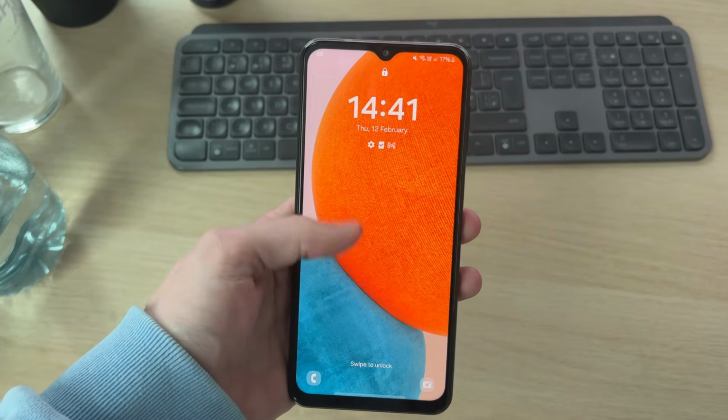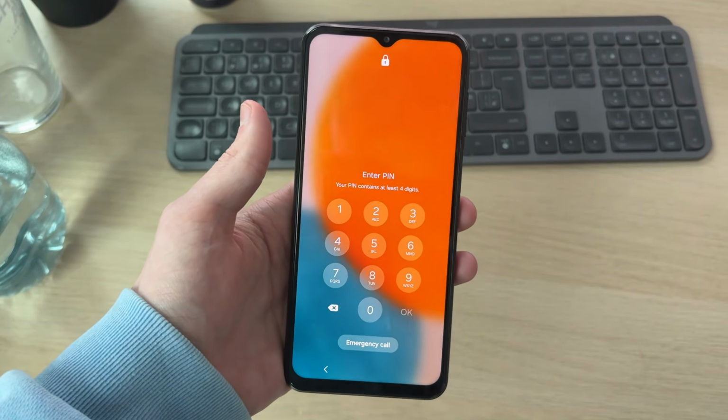We'll guide you through what to do if you've forgotten the PIN or password for your Android phone and how